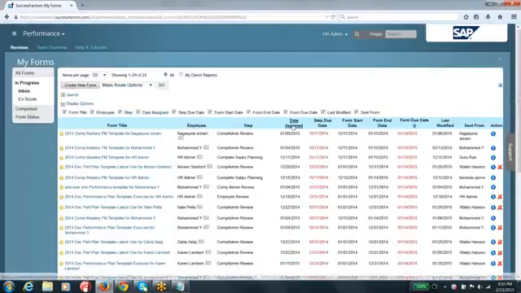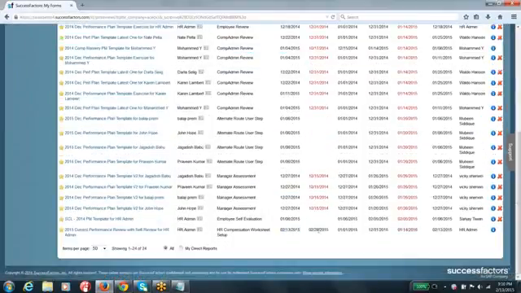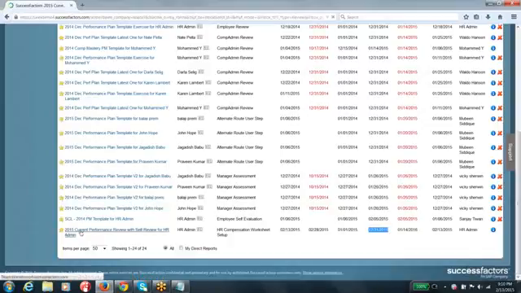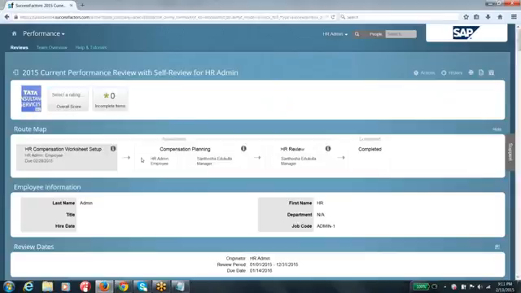You can see here, assigned date 12/13, and these are the days that we configured with respect to the due dates, entry start date and the final exit date. Click on this, and you can see, if you remember, guys, this is my first step, HR compensation worksheet setup, and this is my second step. In the second step, you can see it's an iterative step type. Remember, guys, if we look back at the route map that we added from the standard SuccessFactors library, it was iterative.